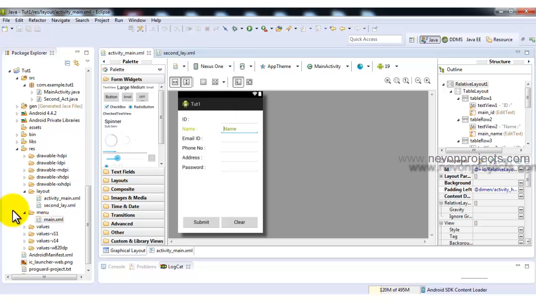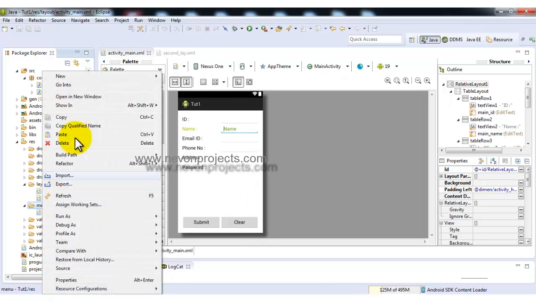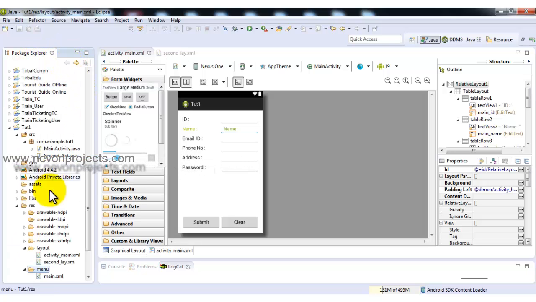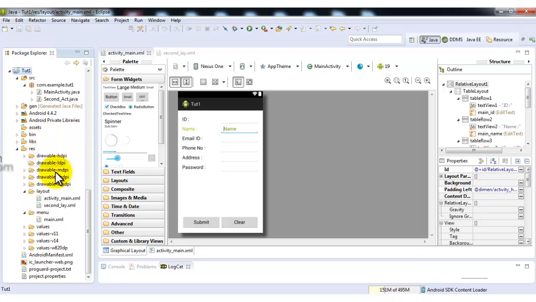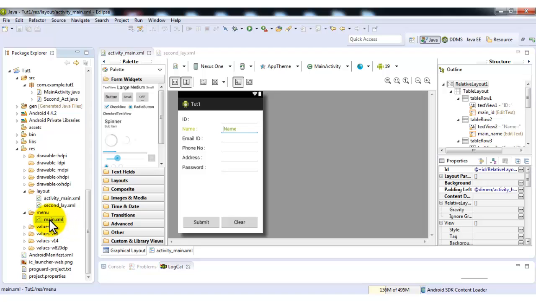For that you have to go to the menu folder and open your menu. You can use this existing one, or you can right click on menu and select a new menu, that is an Android XML file. Or you can use this current menu. So double click on this